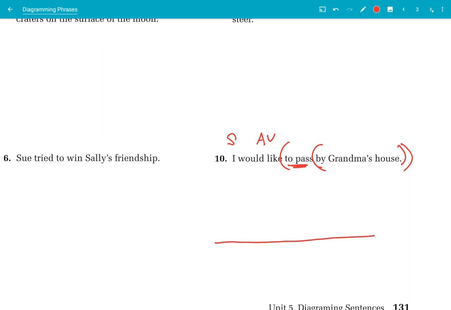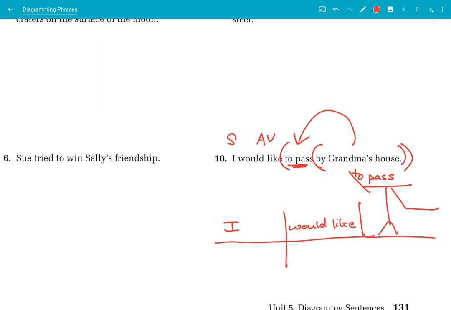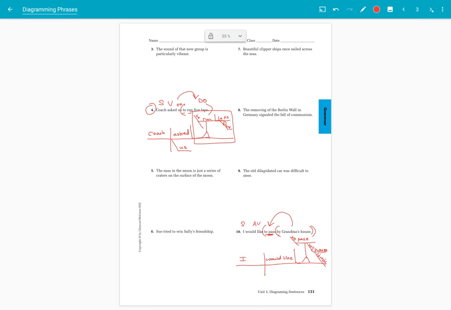So let's get our subject and verb going here. I would like. Okay, what would you like? I would like, this is my direct object, to pass. All right, to pass where? To pass what? In this case, the prepositional phrase modifies my infinitive. So my preposition goes there, the object goes here, and then I have to abbreviate this. I'm going to put Grandma's house. So make sure your number 10 looks like this. Make sure your number 4 looks like that. And yeah, hope this is coming together for you